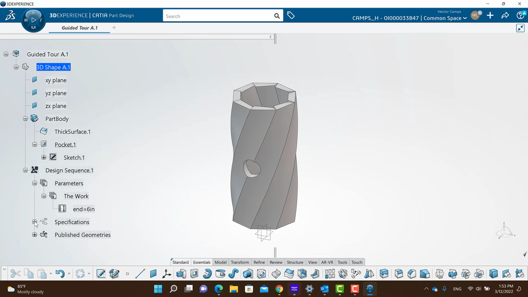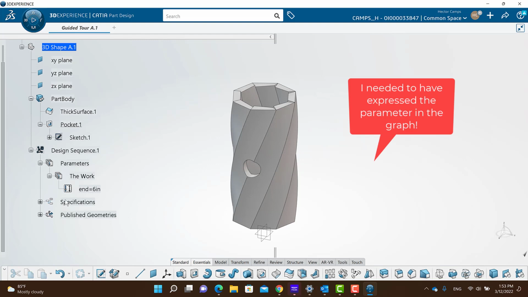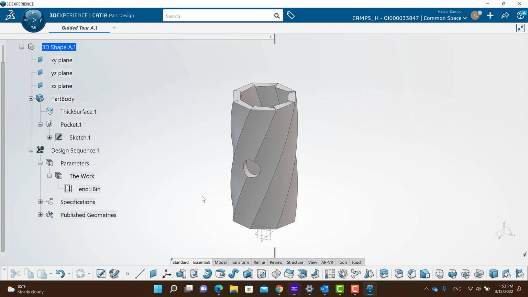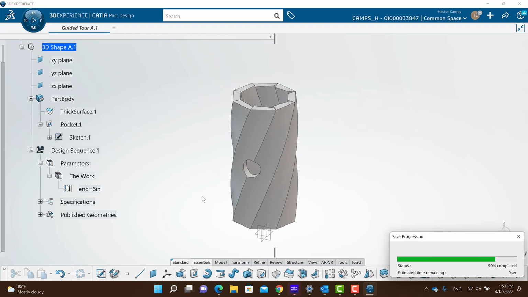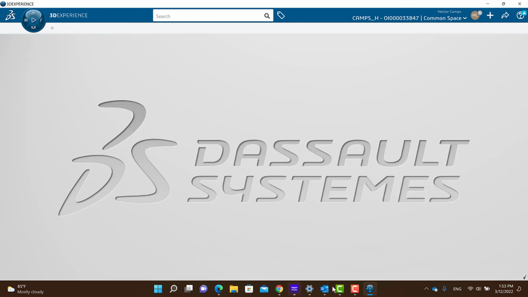You see, we'll poke around some more. And so I don't know why it didn't work the first time. Maybe we were in specifications. Who knows? But you can see the parameter is working. And that's pretty good. Let me just do Control save. And we'll close it and come back to the model